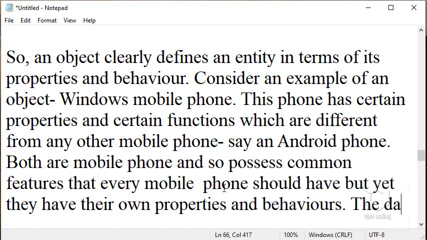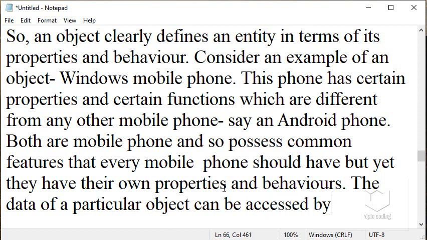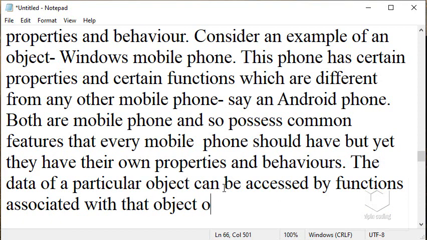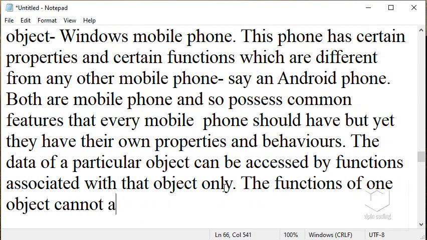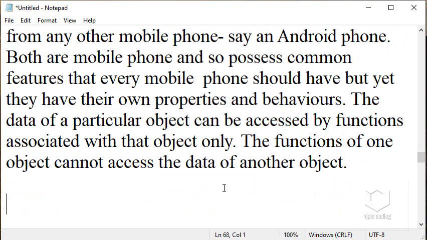Okay, the data of a particular object can be accessed by functions associated with that object only. The functions of one object cannot access the data of another object. Okay,